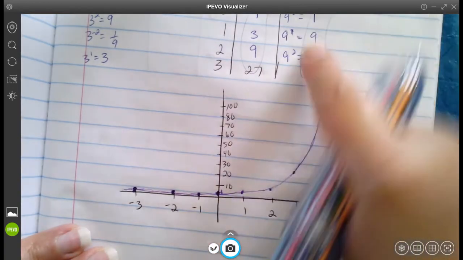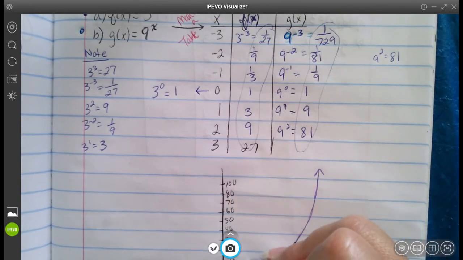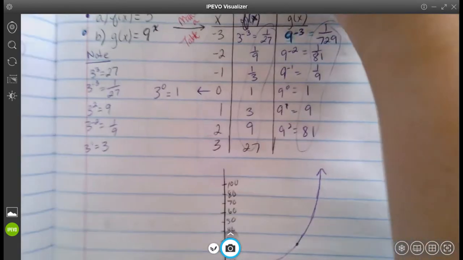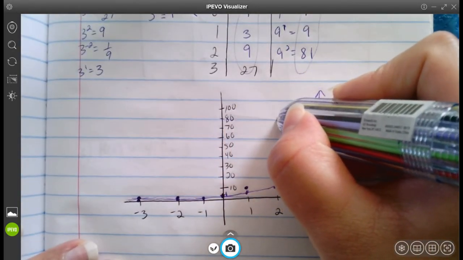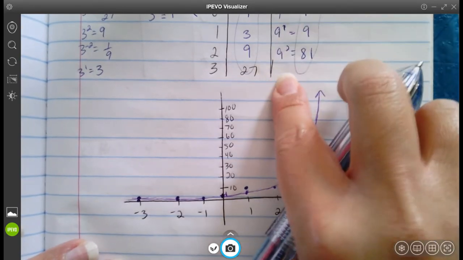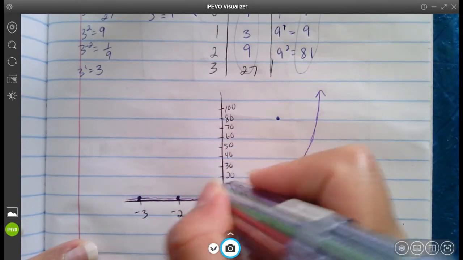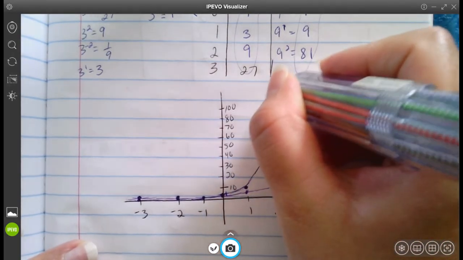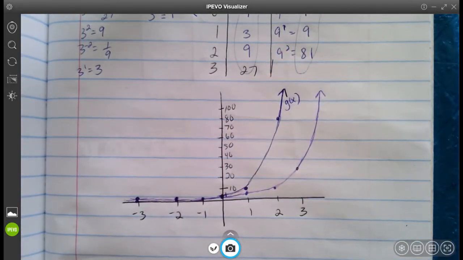Okay, then it starts getting interesting here at 1. So at 1, we have 9. So that's a little bit higher than the one I have here. And then at 2, we have 81. So at 2, I'm going to jump all the way to 81. So 80 is way up here, and it's like somewhere maybe here. And I'm not even going to bother with 3 because it's way up there somewhere. So this one is doing something kind of hard to draw, something like that. Okay, this one was my g of x, and the other one was my